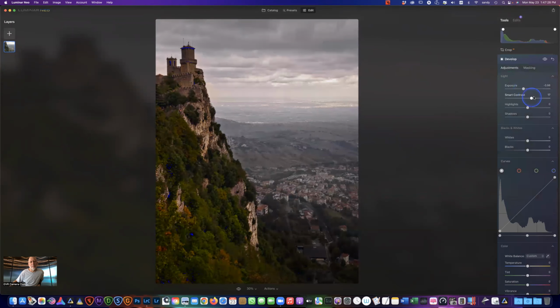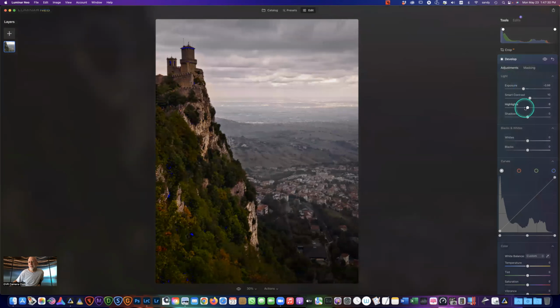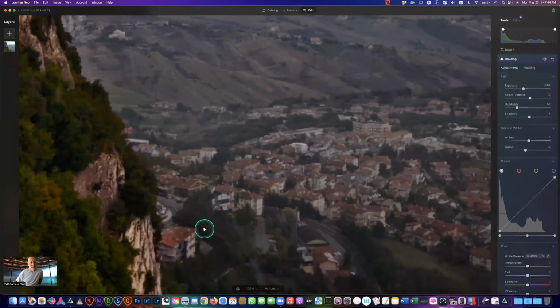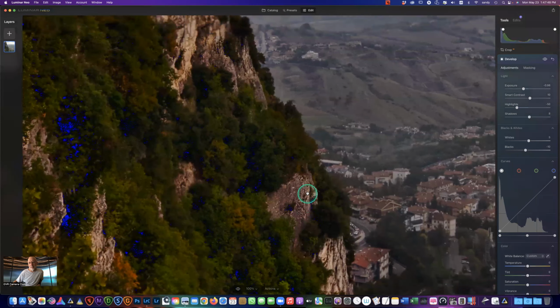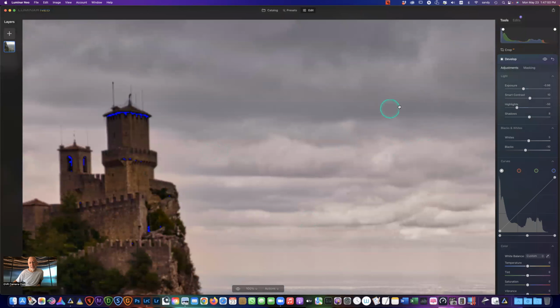Take it down, add a little more contrast. Take the highlights down. Yeah, a little, just a smidge of white. Maybe you take the blacks down, make it a little bit more dramatic. Okay. I'm not worried about these shadow areas here because I'm only going to put the reflection in the sky here. So